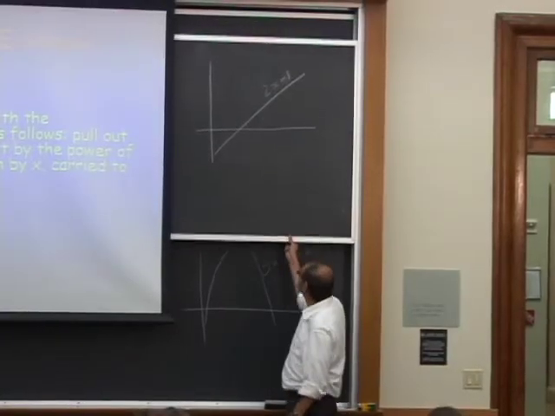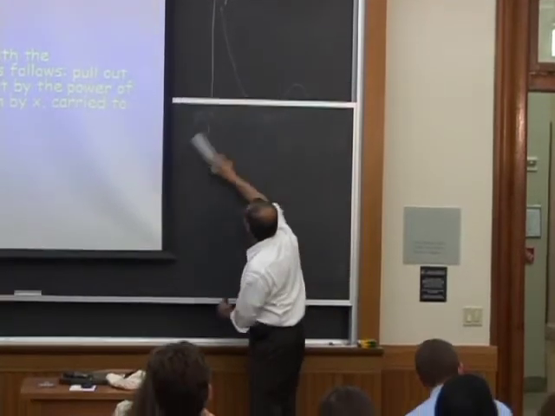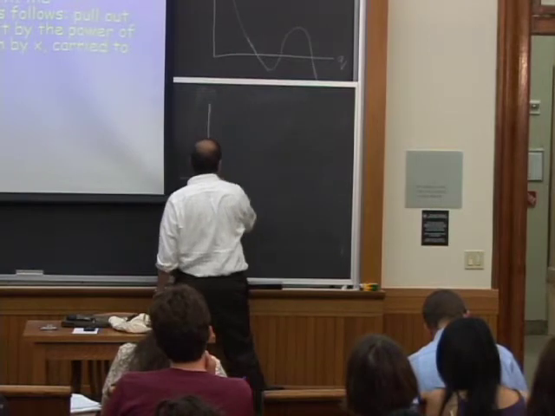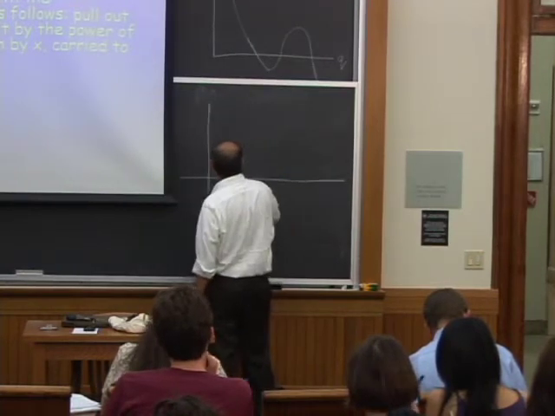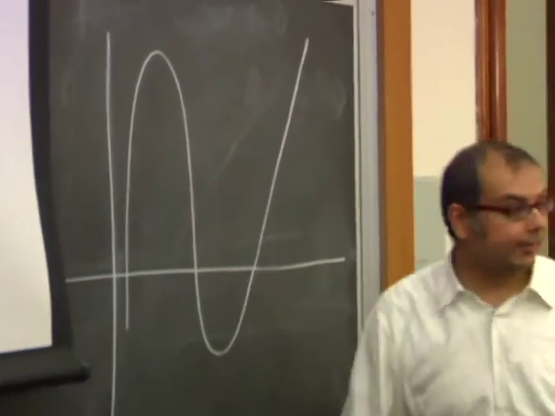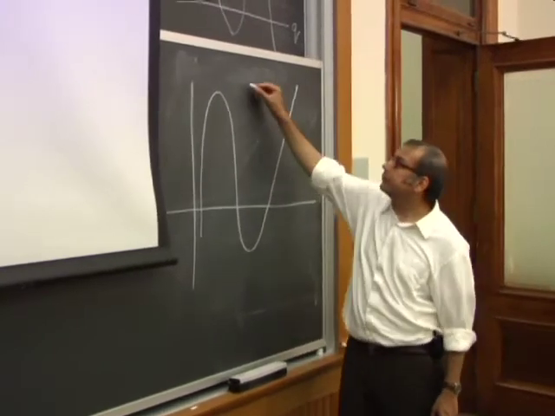Now, a polynomial of order 3, which is what my cost function looked like, will look like this. And so that'll be something like